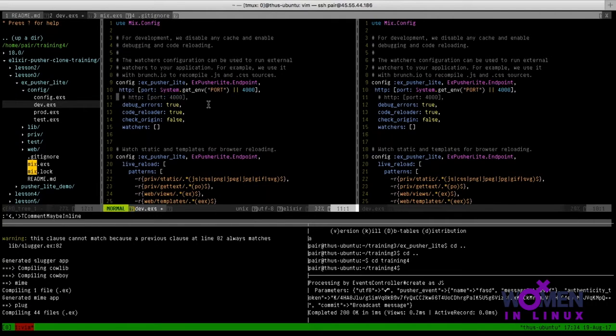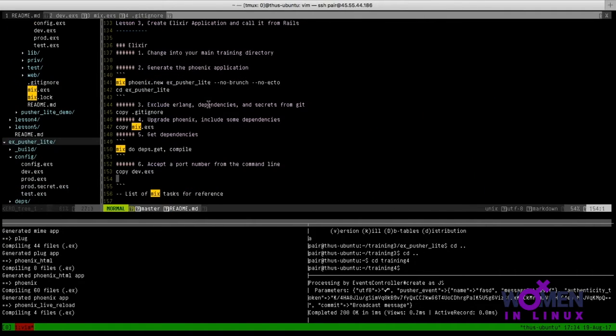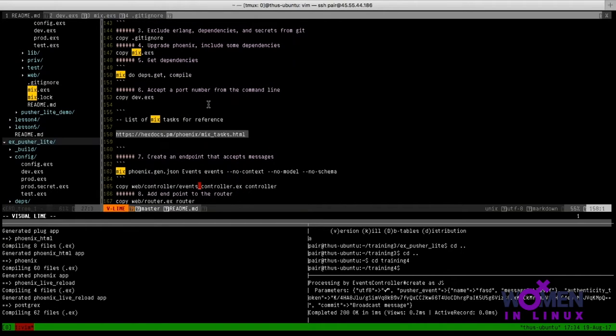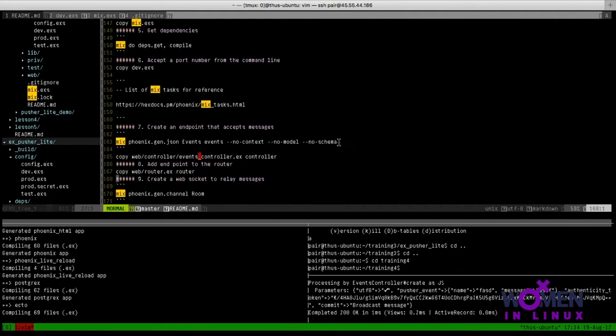So we need this line here. I'm going to comment out that 4000, and this line allows us to do something from the command line: provide a port. If you're interested in all the commands you can do at the command line for Phoenix, it's at that URL there. So let's go ahead and make a